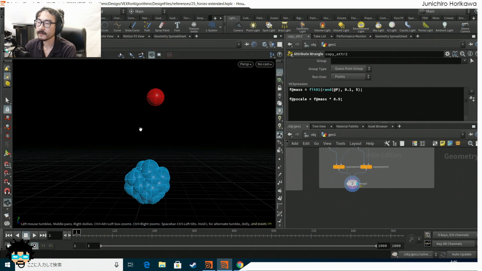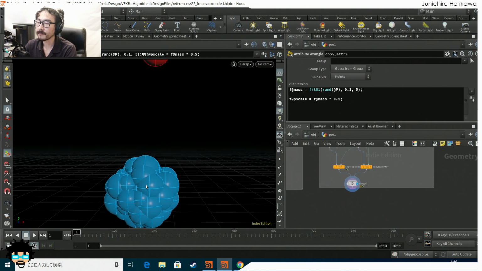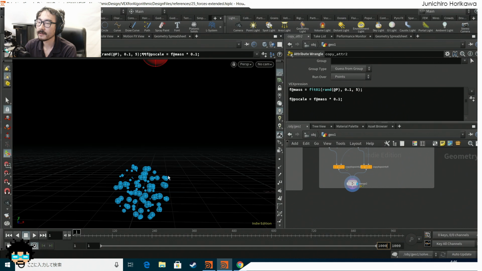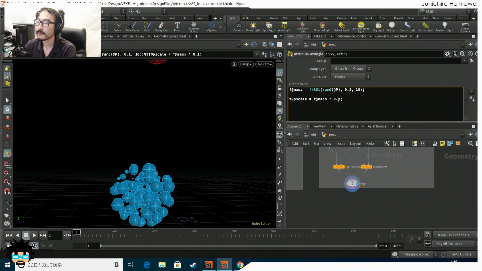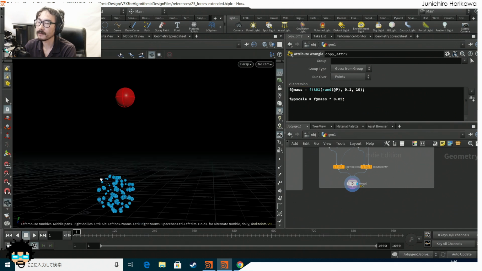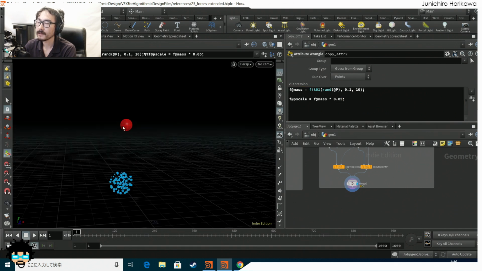Let's reset it. Now currently the scale is a bit too high, so I'm going to multiply by 0.1. Okay, let's escape this 10, and let's set this to 0.05. Okay, now let's see what happens with these. If I simulate this,